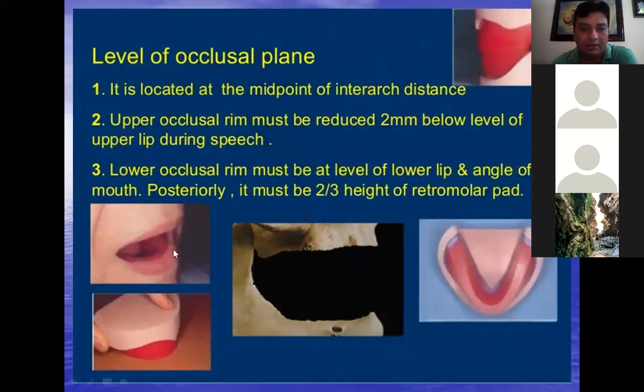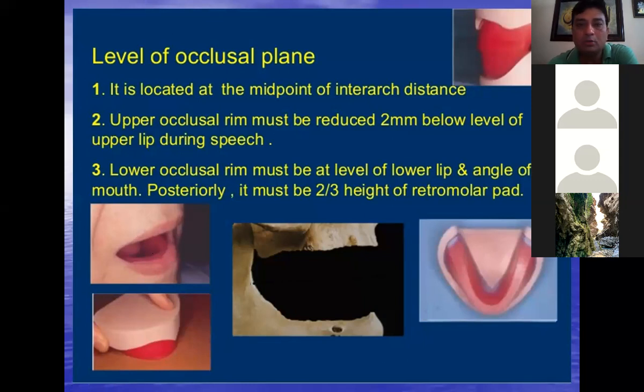See here, as I told you, if you just concentrate on this photograph where my cursor is, the lower occlusal plane must be at the level of your lower lip. If it is above this level, that means your occlusal plane is not correct. Posteriorly, it must be at your retromolar pad, and it has to be below the dorsal surface of your tongue. If you just see this, this must be below the top surface of your tongue there. So if you keep these things in your mind and you try to establish the occlusal plane, you would have